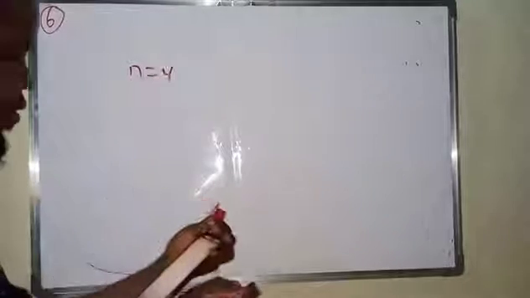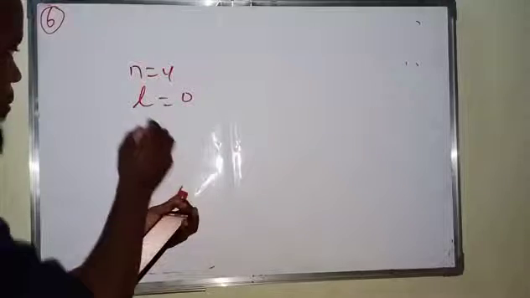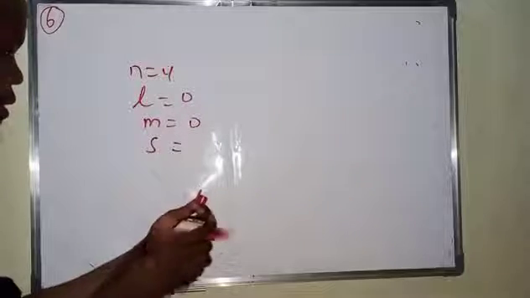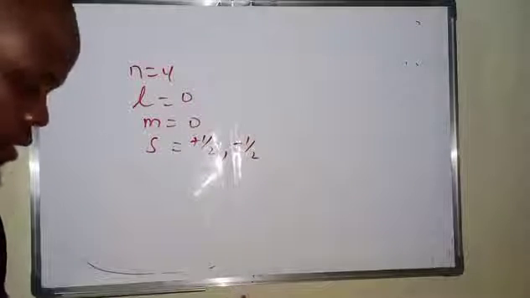So there is this particular question which I'm not really going to go deep into. An atom has a core and an outer shell. An electron occupies an orbital for which the principal quantum number n is 4, the azimuthal quantum number l is 0, the magnetic quantum number is 0, and the spin is positive a half and negative a half. Then the question is